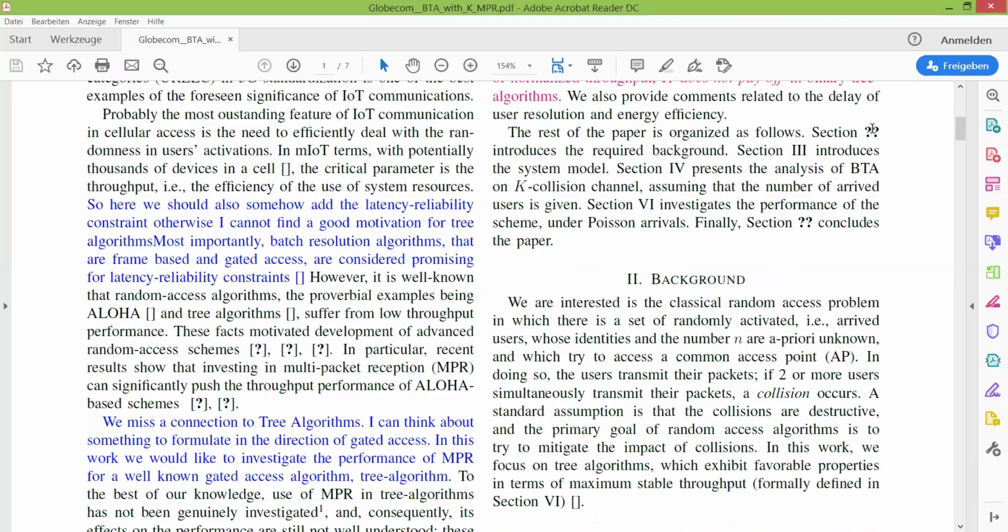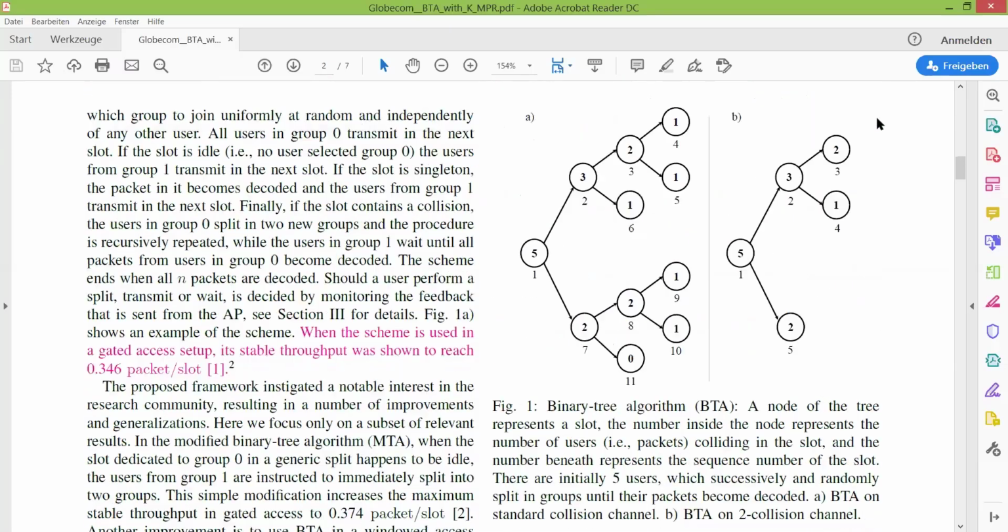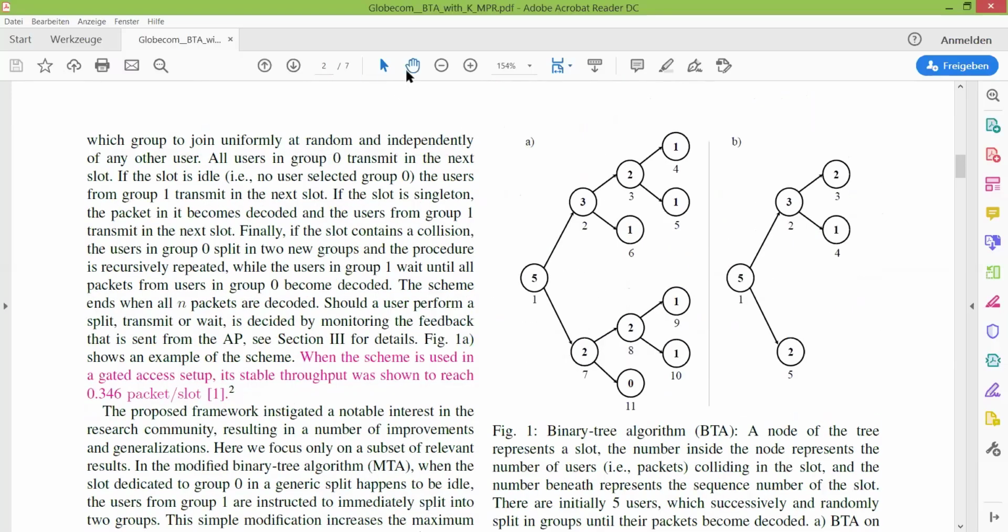Okay, and then there is a lot of details. Maybe it makes sense to go over this example here. On picture A and picture B, you have both 5 packets that have collided. On the left side, 5 packets collide, and then we have a 1MPR scenario, and they split. So 3 users, or 3 packets, pick the upper slot, and it's still a collision because we are in a 1MPR scenario. And again, they split, then 2 users select the same slot, then it's again a collision, and then